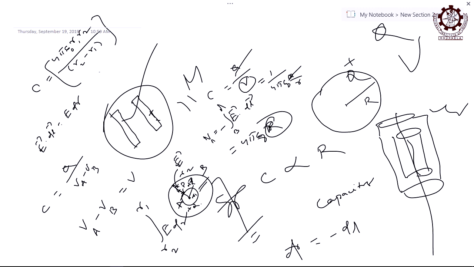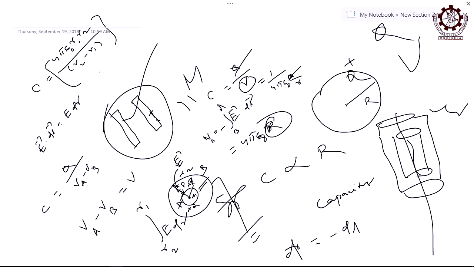Is that positive or negative? Capacity can never be negative, remember it, because r2 is all the time more than r1. Here also there is no charge dependence, it is just an arrangement. What are the radii of the two spheres? That is all, right. The capacity of this type of spherical conductor is independent of charge. It only depends on the value of r1 and the value of r2. So, if this difference is more, capacity will be less. If the difference is less, capacity will be more. Then how can you arrange it? You try it and get it, right.